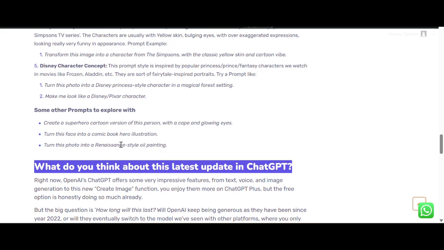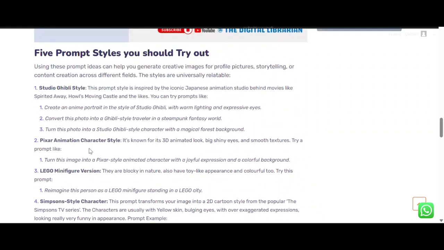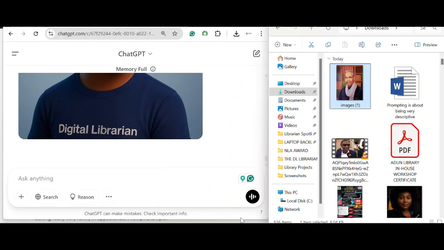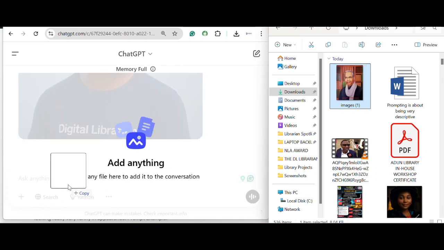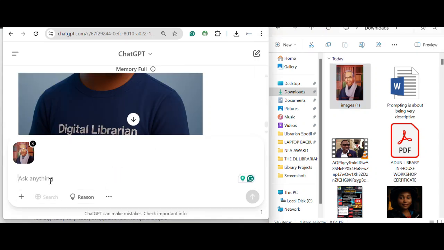Okay, so now it's your turn. So let's create one for you. So all you need to do is click on upload a photo, or you just drag and drop a photo. In our case now, let's assume you are our great granddaddy Ranganathan. So I want to turn our great granddaddy Ranganathan's photo into an AI image or a cartoon. Okay, so all I just need to do is drag it now, and then I'll use a creative prompt like